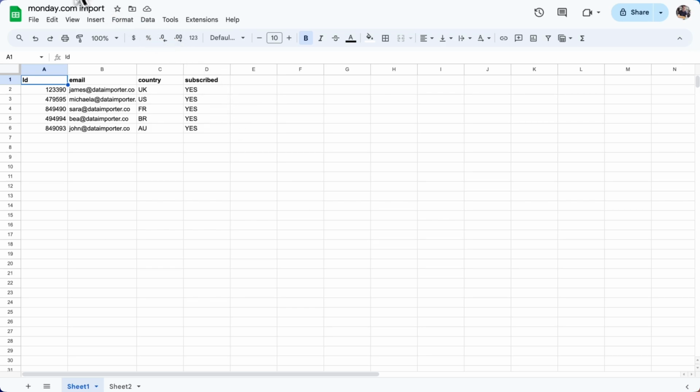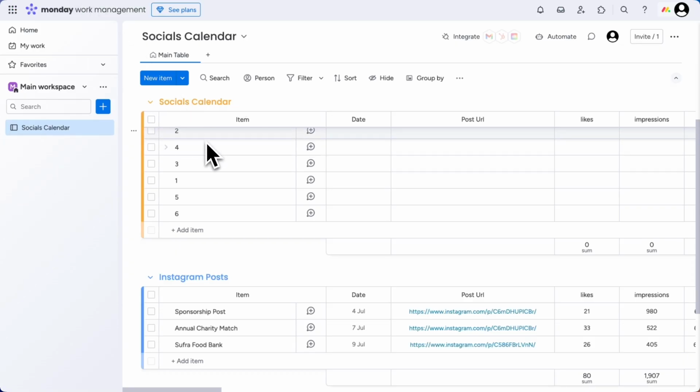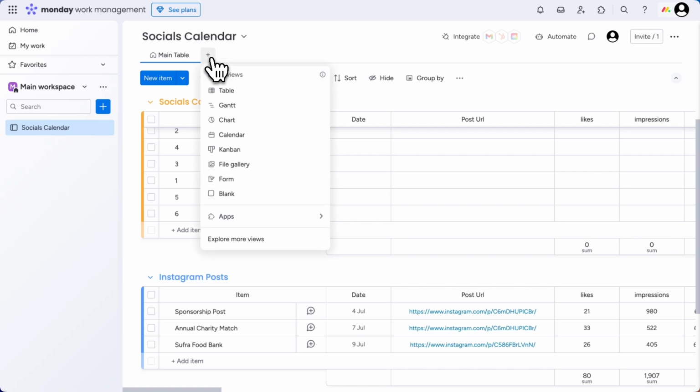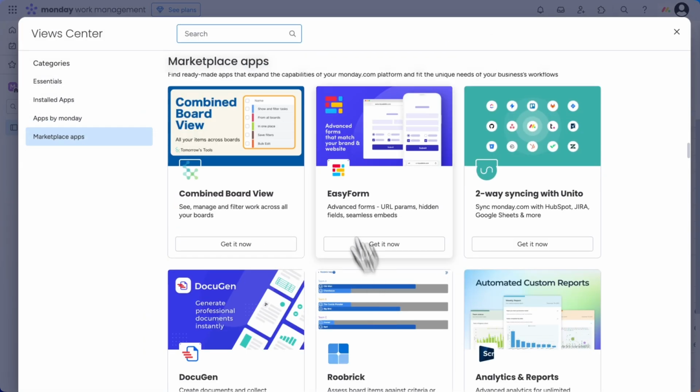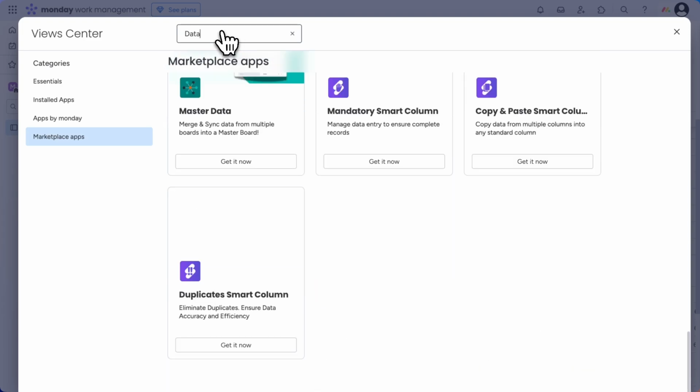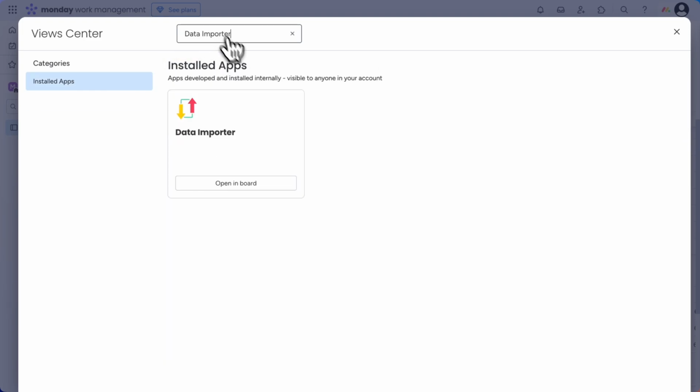So the first thing to do is go into Monday and go to any board and then press the Add Board View. Then go to Apps and Explore More Apps. And we want to install the Data Importer app, so we just search for it here. You can see I already have it installed, but if not, you can just install it directly from the Monday.com marketplace, and you can import data into one board completely free. So I'm going to open this up,